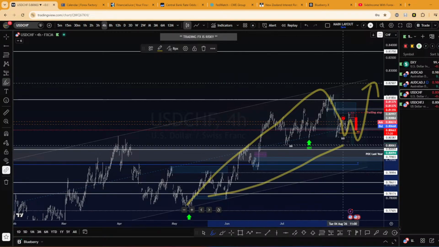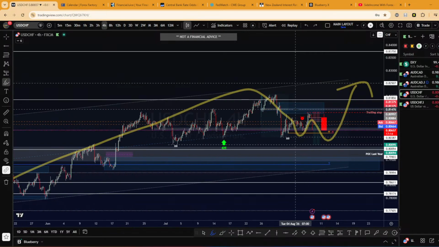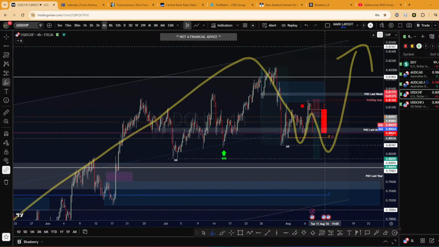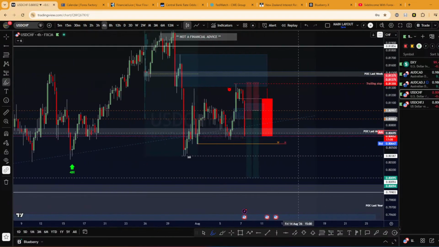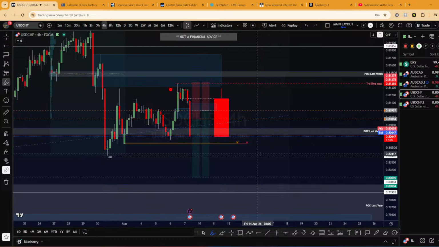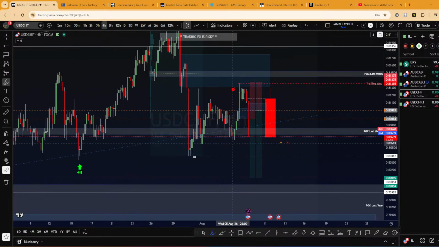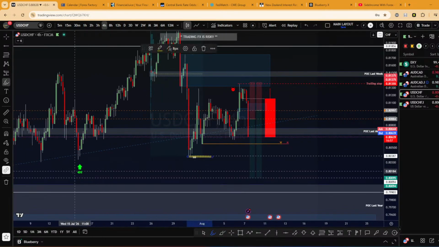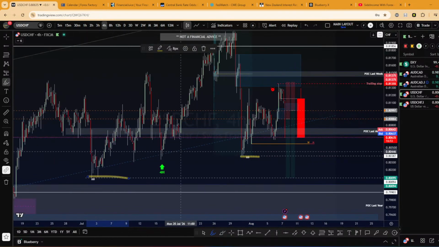Why? Because the trend is up. So selling in this type of trend could be considered a counter trend. So we need to be very careful on trade management and risk. That's why I don't want to target further in lower prices. I want to see at least this low, or eventually this low, to be taken out.